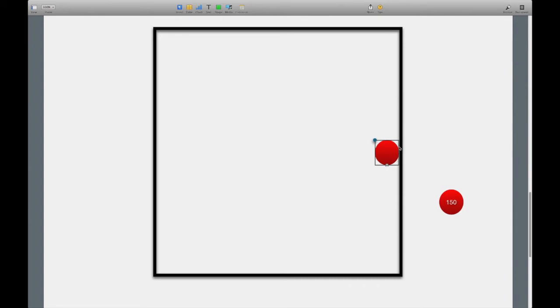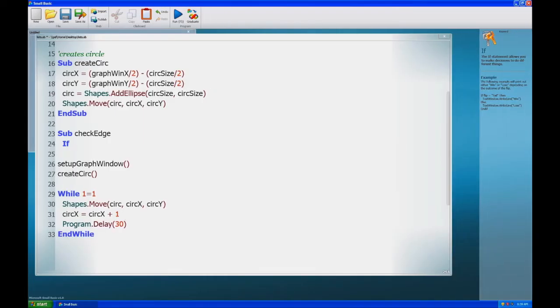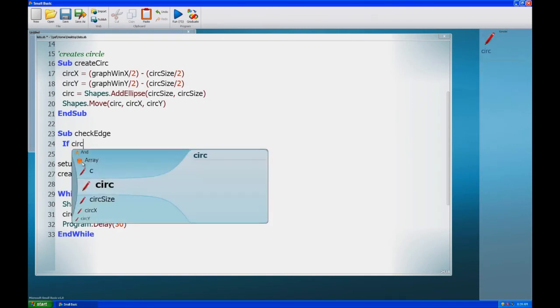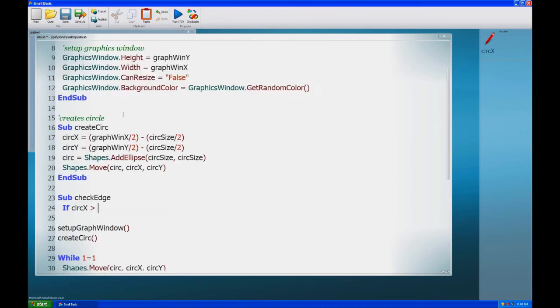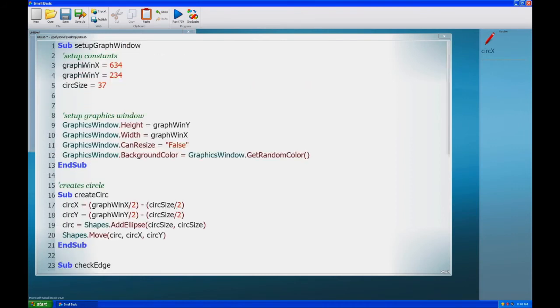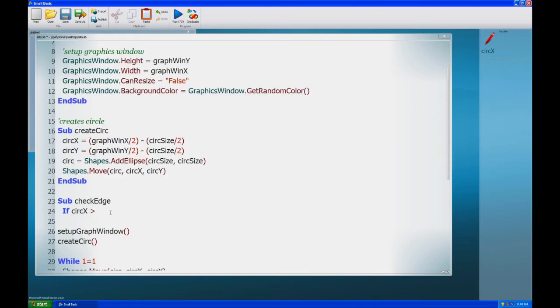To show you what I mean by that, we could do something simple like if circle x, so the x position of the circle, is greater than the edge of the screen. Well, we know what the edge of the screen is, and this is where our old variables are so useful. I know that I set up the graphics window's x position, so it's 634. So if our circle x position is greater than 634, then